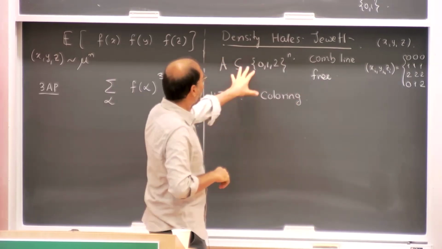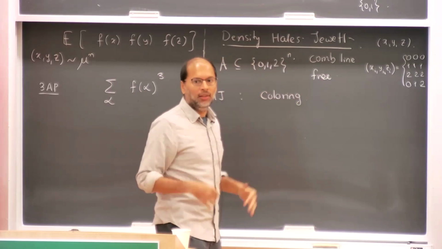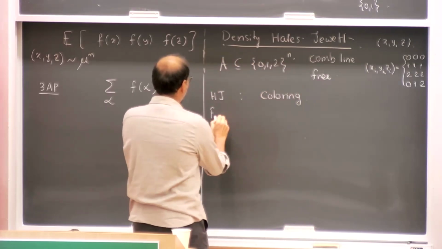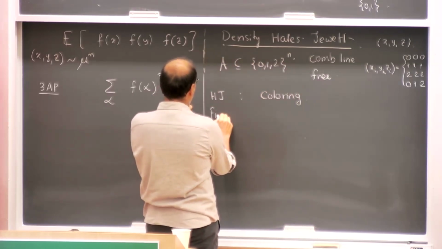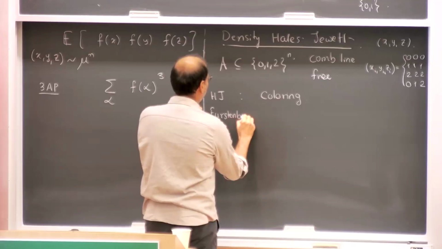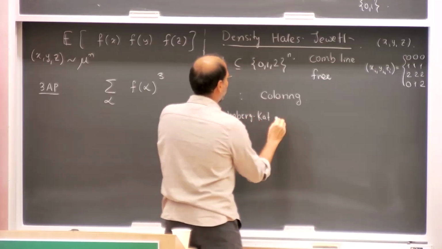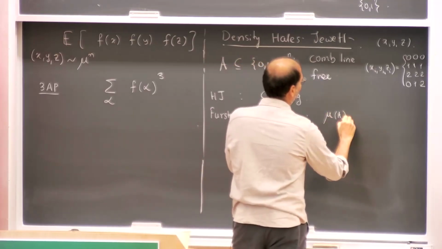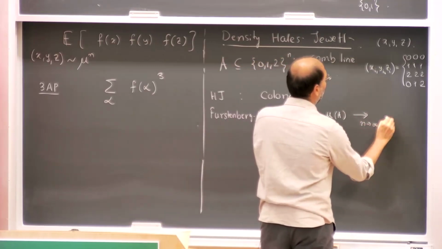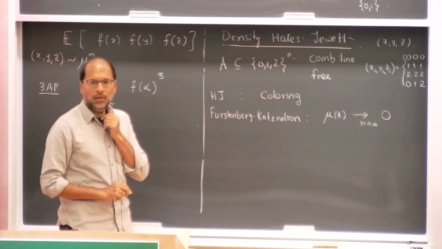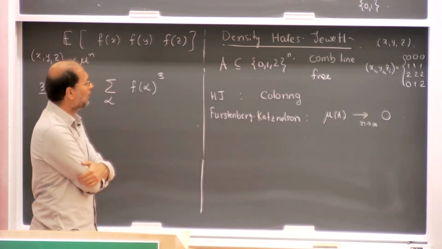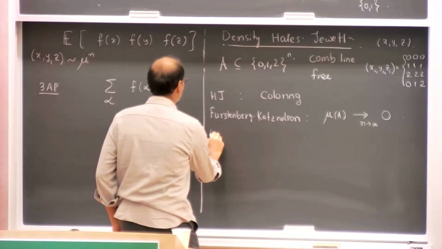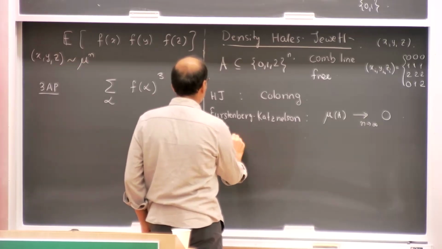On the other hand, proving the density version, meaning just showing that any set of large enough density has a combinatorial line, was surprisingly difficult, and this was only done in the early 90s by Furstenberg and Katznelson using ergodic methods. And they did show that at least as n tends to infinity, the density does tend to 0. But because of the methods, they did not give any constructive or explicit bounds as a function of n. And this was achieved only in the Polymath project in roughly 2010.